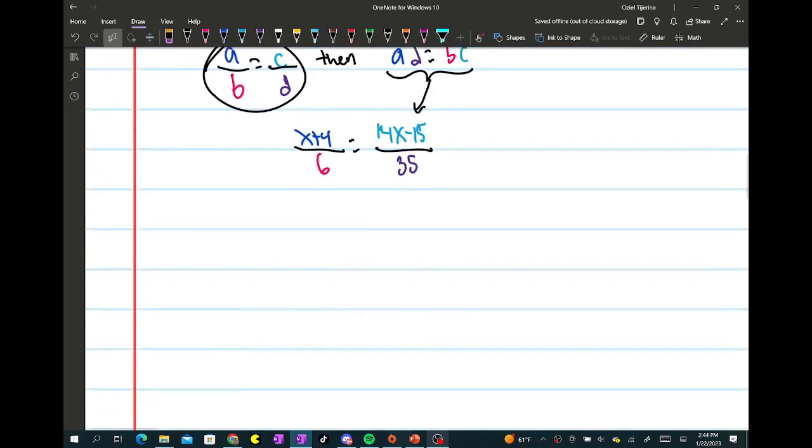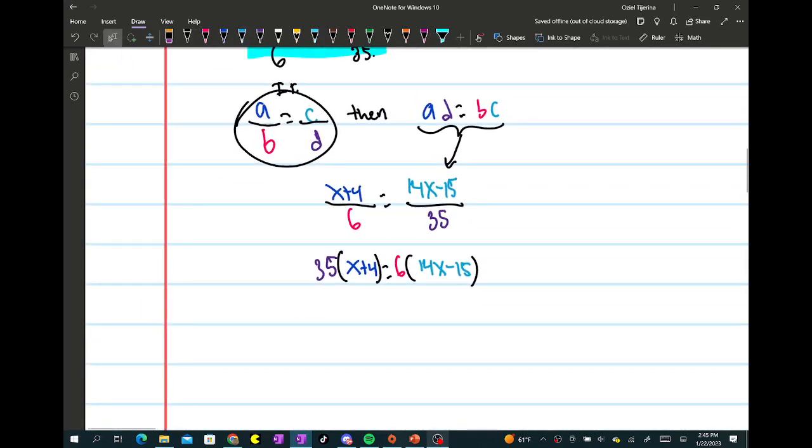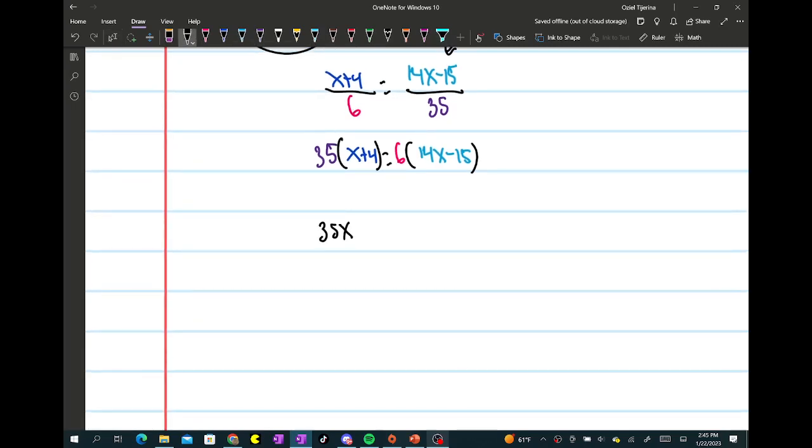So I'm just gonna go ahead and say that 35 times the quantity x plus 4 is equal to 6 times the quantity 14x minus 15. And if you want, I don't need the colors anymore. The only reason why I'm using colors is to show you guys, if you're a visual kind of person, exactly what I'm doing. So now we're just going to do 35 times x plus 4. So that's 35x. So distributive property, 35x plus 140